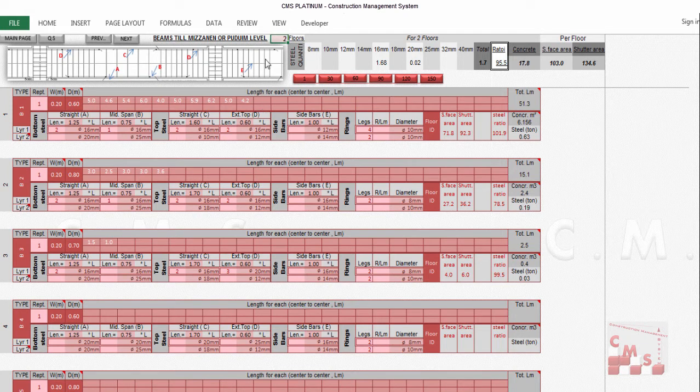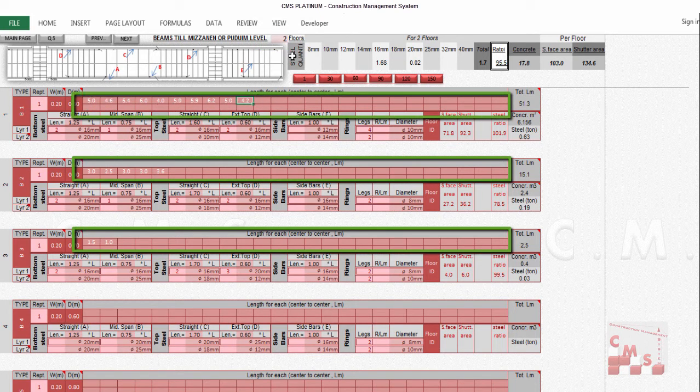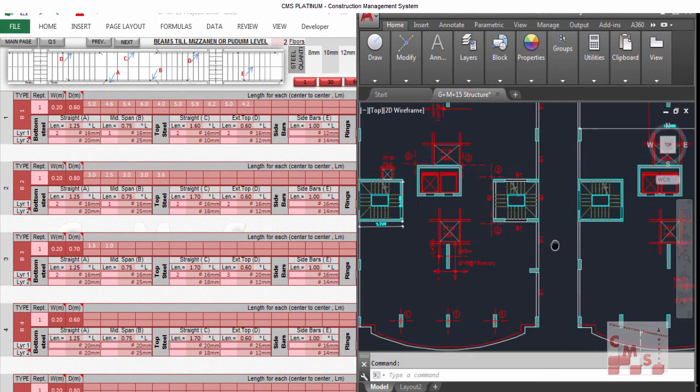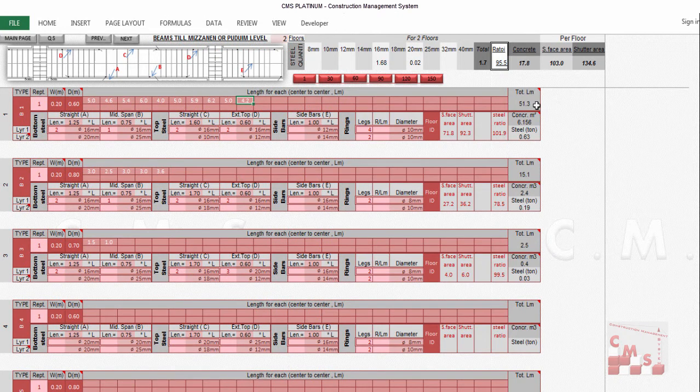According to our example, we have the ground floor and the first floor or mezzanine floor have the same shape, so it is considered here number 2. Any number or any type will be inserted in CMS in these cells. It will be multiplied by 2. According to our drawing, we will take the dimensions or we'll take the length, the same as in the tie